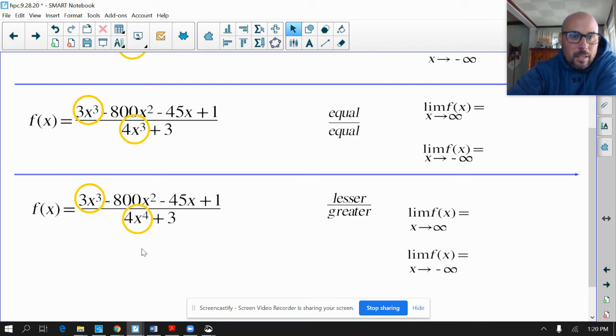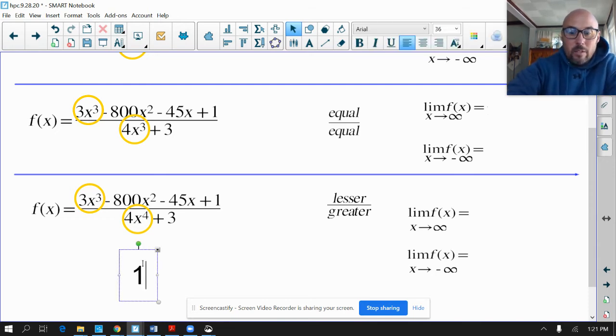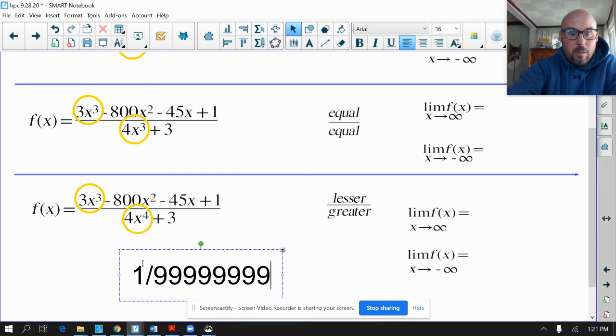So when x is a million, x to the third power is huge, but it is no way compared to a million to the fourth power. This is just much larger, by a factor of a million. So when x gets really, really large, the denominator here gets large faster than the numerator. So this is a case where you are dividing by a really big number. And tell me, what's the consequence when you divide by a really, really big number? What's 1 divided by